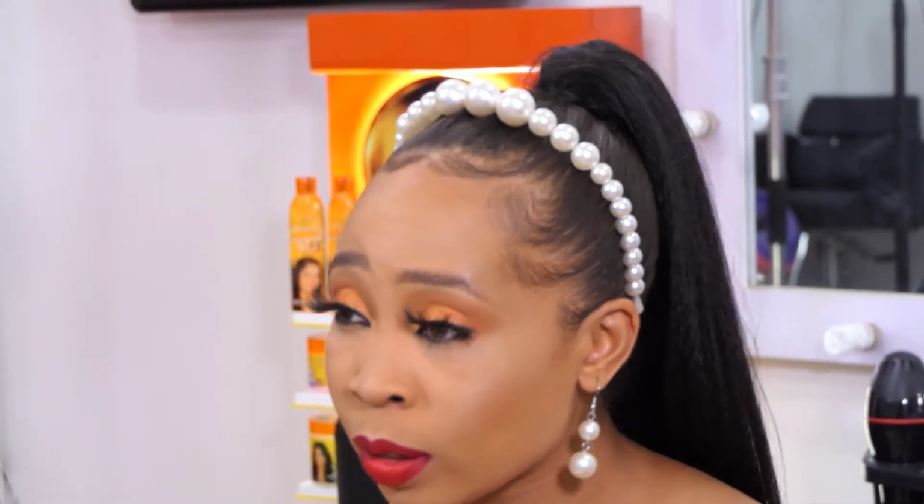So please, when next you want to do a touch-up, remind your stylist that the relaxer shouldn't get to the previously relaxed part. It should just be for the new growth. And if your stylist really doesn't know how to manage relaxer in such a way that it won't get to the previously relaxed part, it's advisable to ask them to coat the part of the hair that is already relaxed